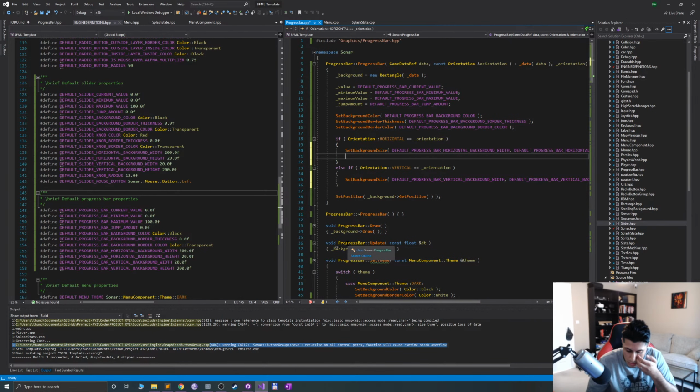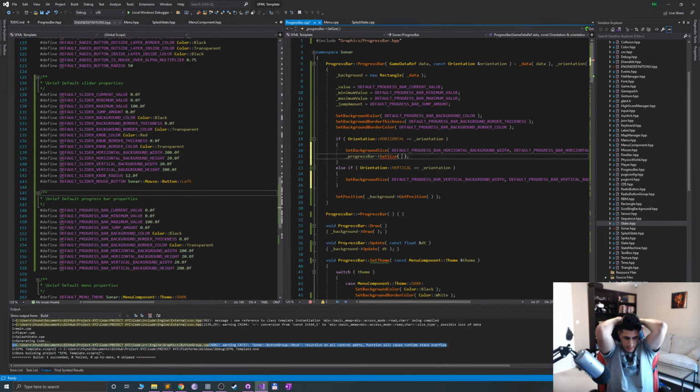So we just say underscore progress bar dot set size, and if it's horizontal, we just do a size of. We know we need to work this out as a percentage. So we get value